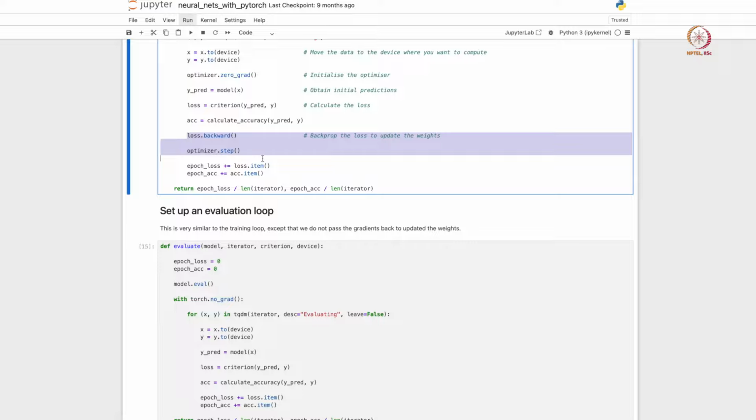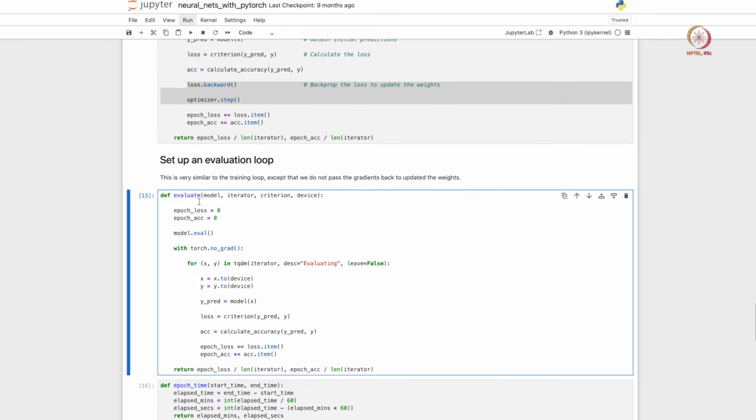So we do not want to backpropagate the loss because we are evaluating the model. So the model should not be retrained. And the second is, there is no optimizer, right. So we do not really need to worry about how the weights and biases are going to be changed because that is not our objective. So we are using the model as is, the weights and biases are all fixed, and we are only asking the model to make predictions, and then we are evaluating those predictions on the actual target values, right.